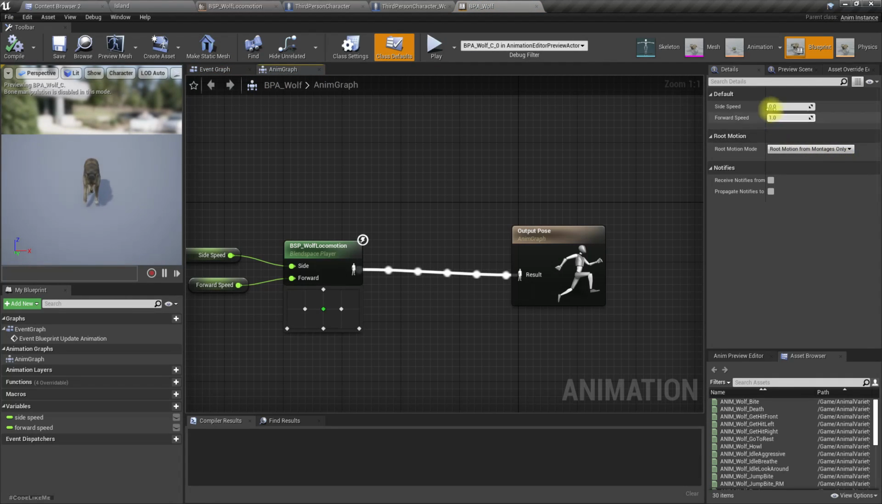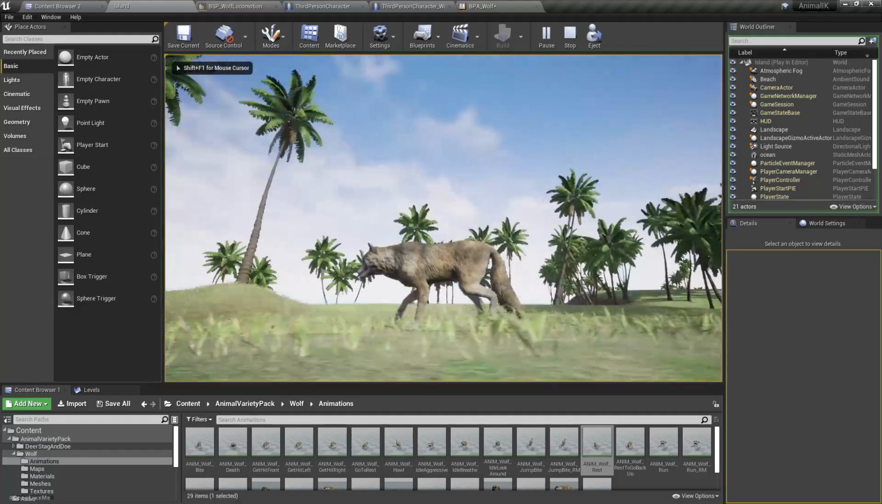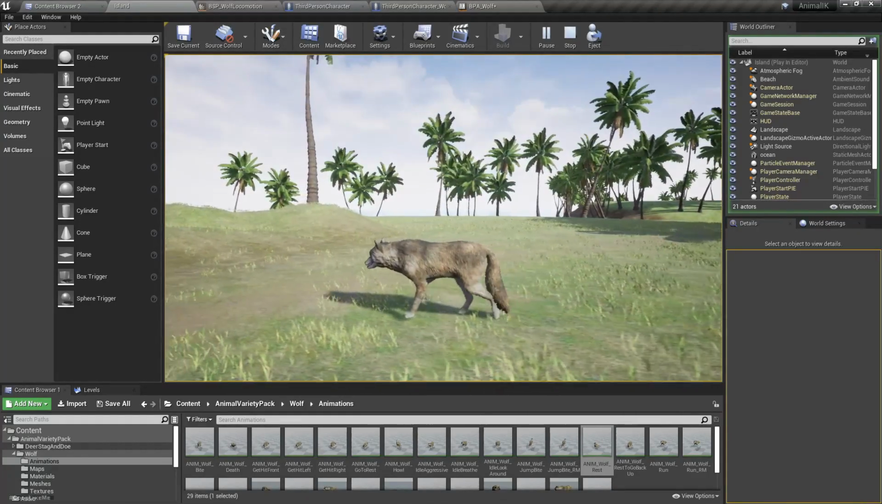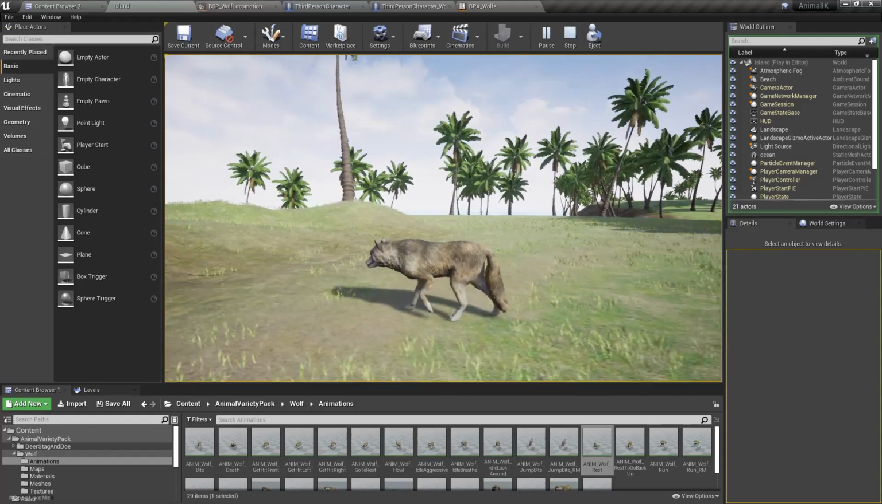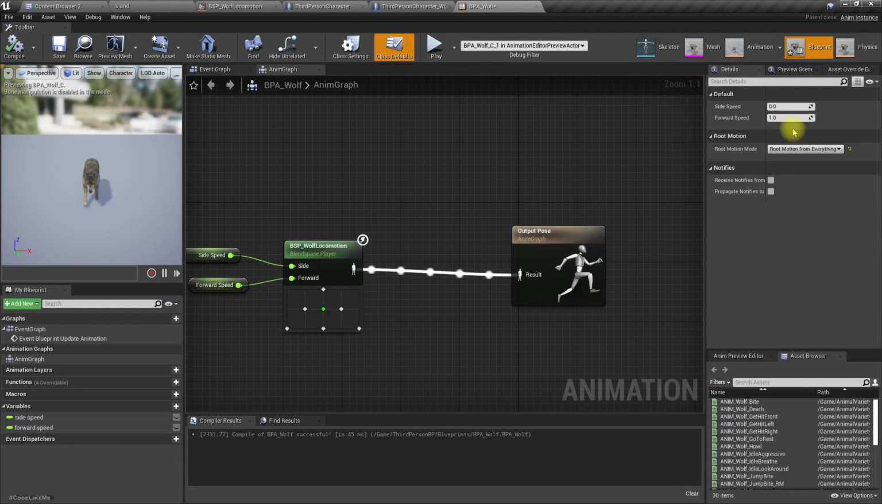So we get the basic settings for the animation blueprint, right? And here set root motion from everything and play. Now we can see the character is moving, but I'm not actually giving any inputs, but still the character is moving. So we don't need that to happen too. So I'll set it back to 0 here, and then